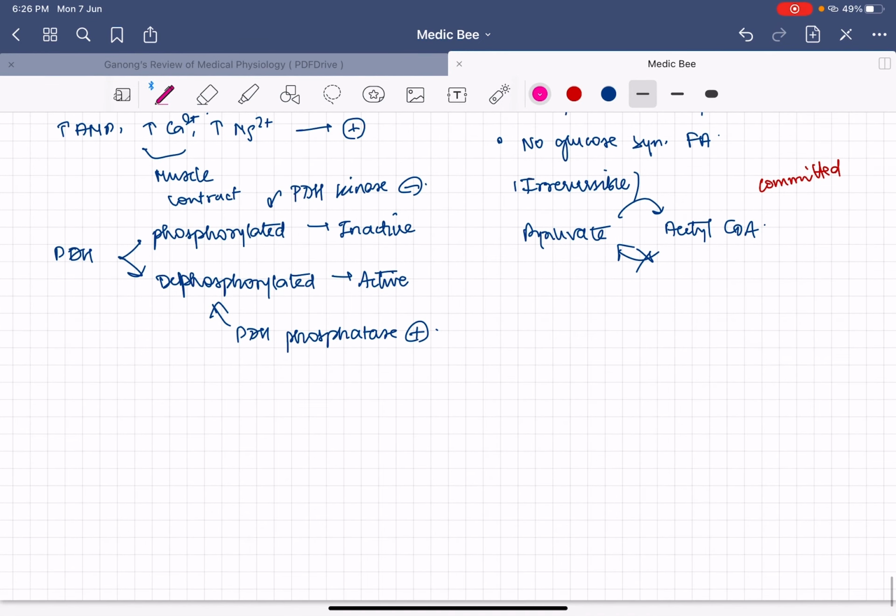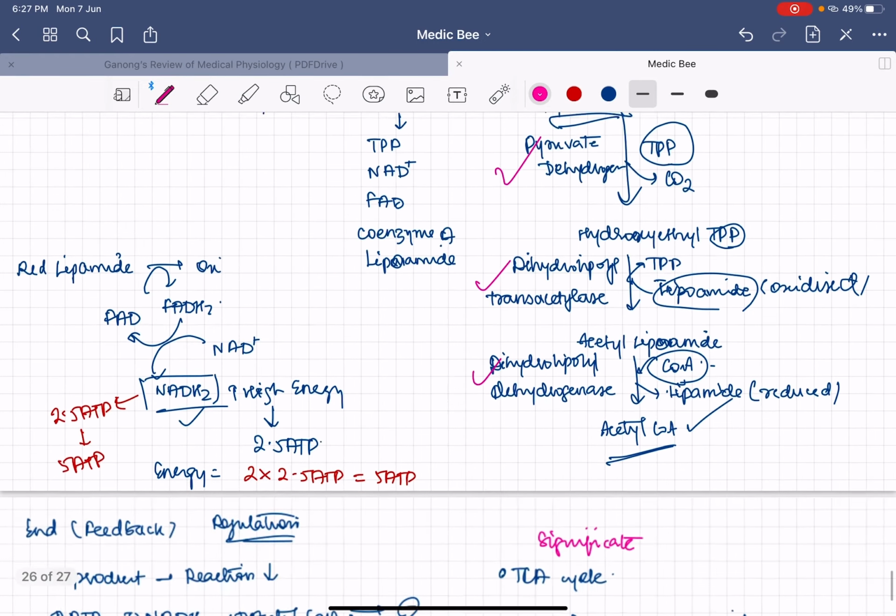The applied point is that arsenite is a compound that will inhibit any enzyme that has an SH group in it. Similarly, the pyruvate dehydrogenase complex also has such an SH group in it. So arsenite will act as an inhibitor, or you can say a poison. So when arsenite is injected into the body, or it is taken up by the body, the reaction completely stops. So it is acting as an inhibitor.